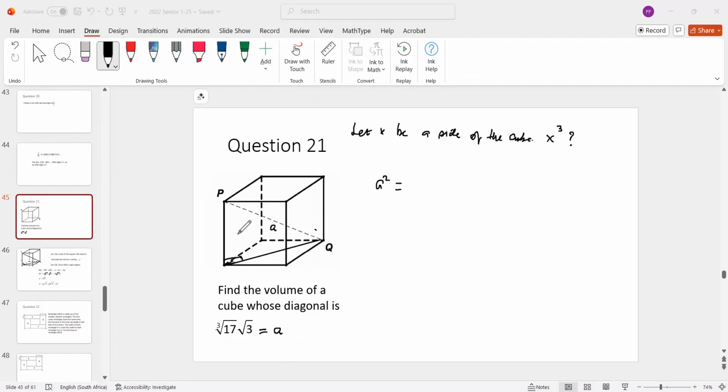So A squared is equal to, this is A, X, and this is Y here, right? So A squared is equal to X squared plus Y squared. So this is Pythagoras applied to this triangle here. This angle is 90 degrees. Now Y squared,